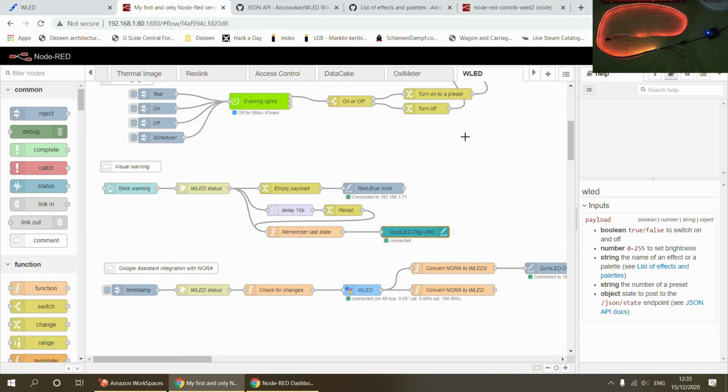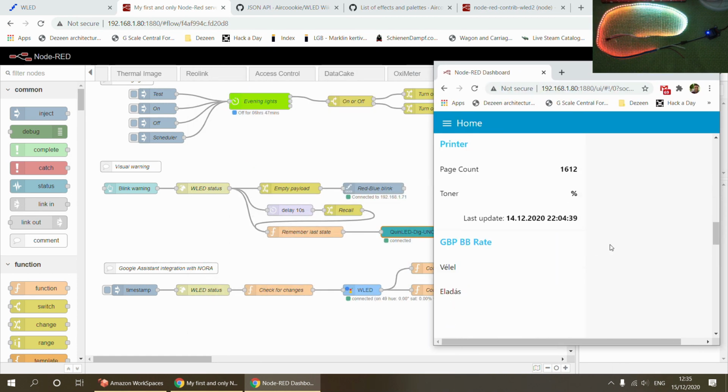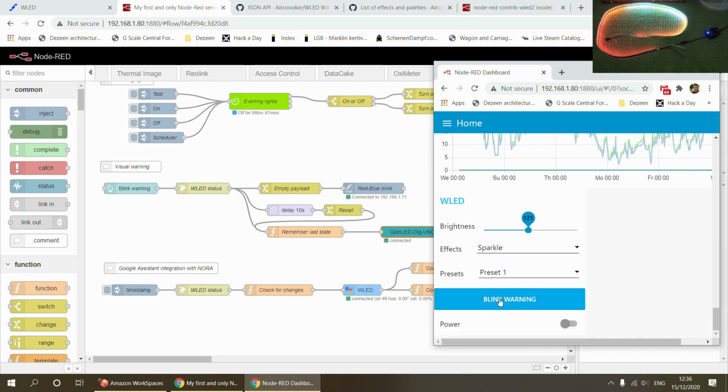Let me do it this way so we can see the messages going back and forth. And I just need to find, where is it? Blink warning. So you can see the new blink is done, the delay is being executed, and then once the 10 seconds expires, it should return to the previous state, which it just did. And it works the same way if the lamp was off. So it's going to turn on with the blinking red-blue pattern, and then after 10 seconds it's going to turn